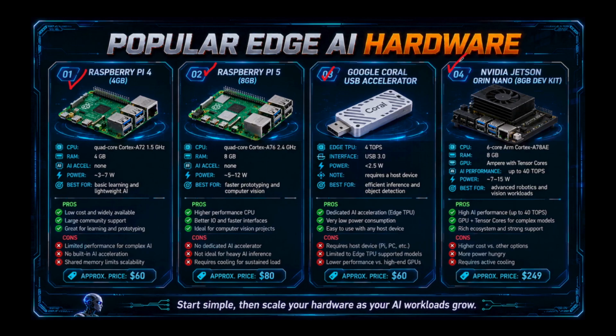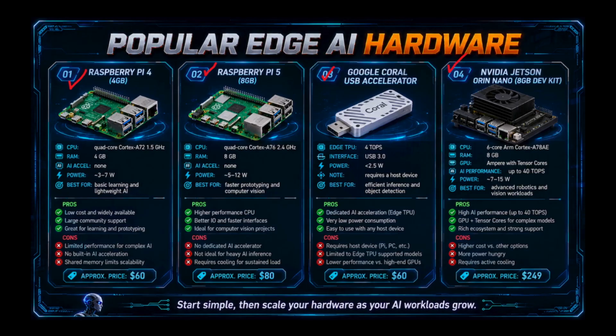A Jetson Nano class system, for example, can handle considerably heavier vision pipelines than a basic single board computer. But high performance normally also means higher cost, more power consumption, additional cooling, and greater system